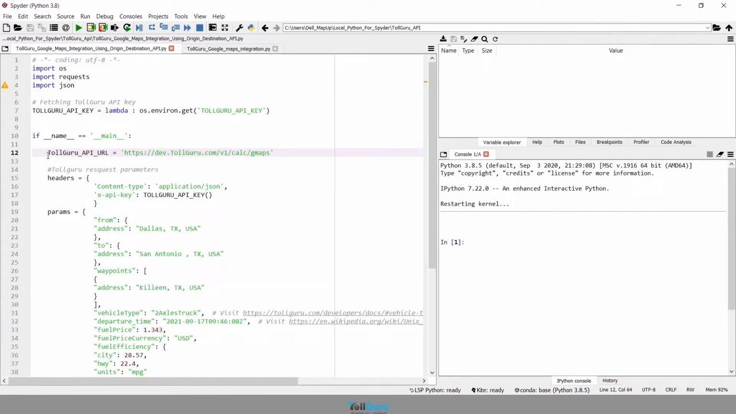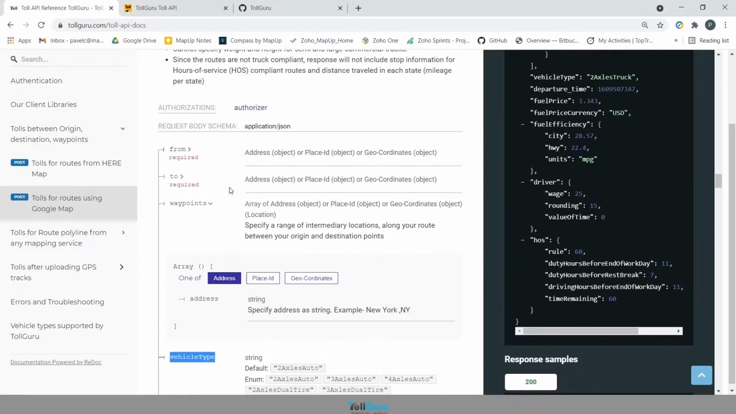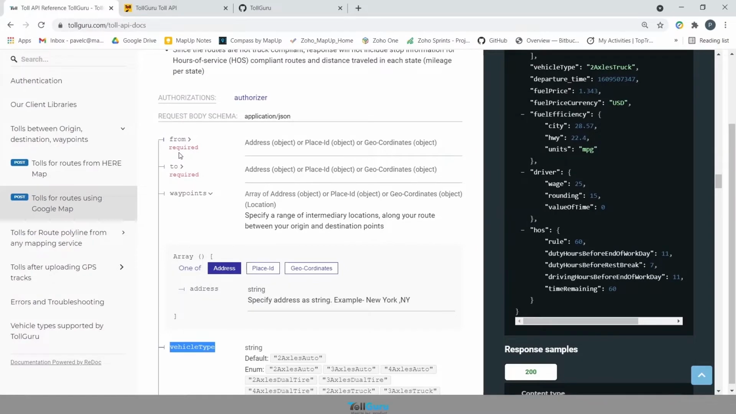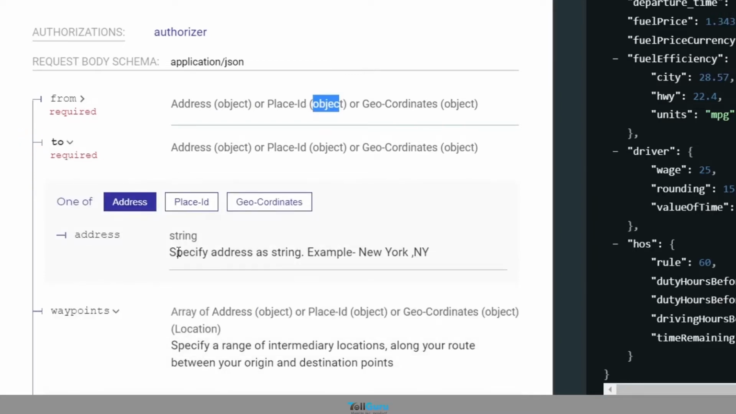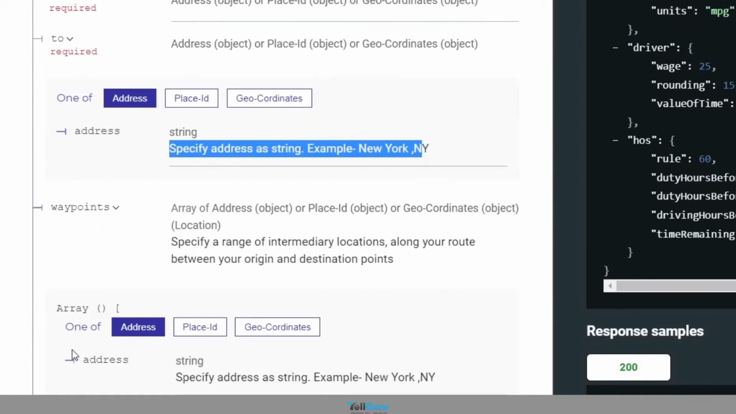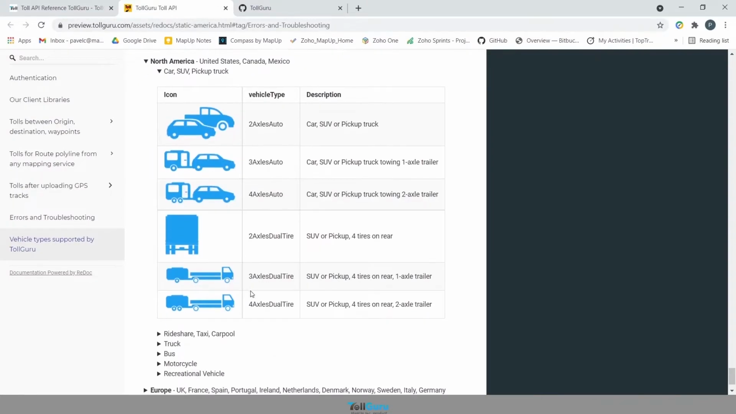We are going to send a post request to the endpoint at line 12 using TollGuru API key, which includes these parameters. Before we send the request, let's quickly look at the API references and understand the parameters. We are using TollGuru's Origin Destination Waypoints API. Our required parameters are: from address, which can be a string, a place ID or geo-coordinates; to, for defining the destination address; waypoints, as an array of locations you want to visit during the journey; vehicle type, which is the vehicle used in the route,